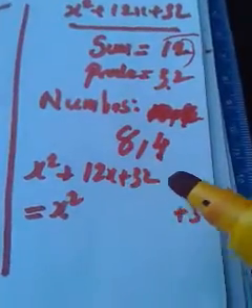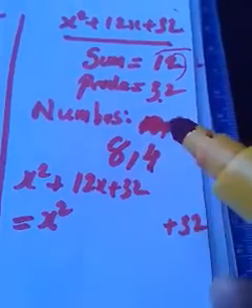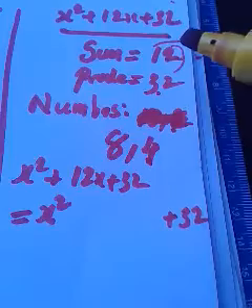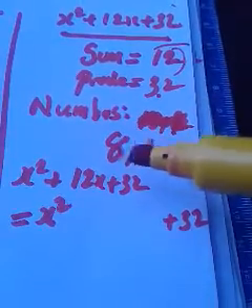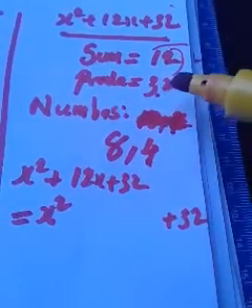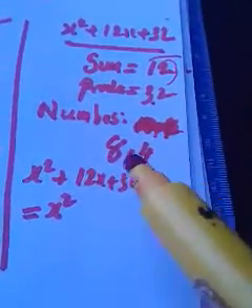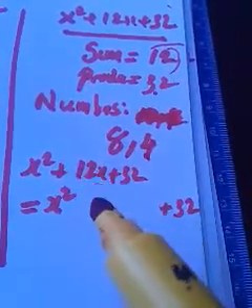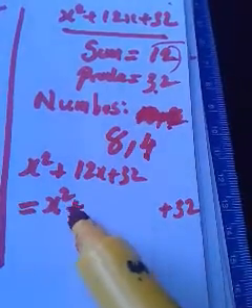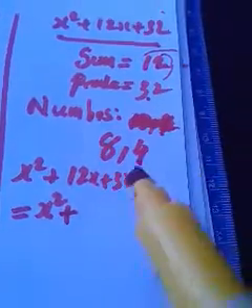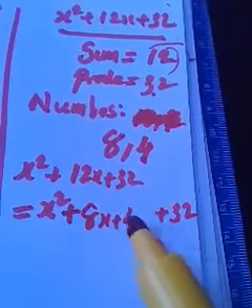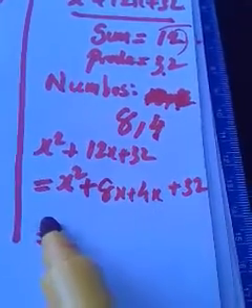So we have two numbers, 8 and 4, and you may have understood how these numbers came. Because while adding 8 and 4 we were getting the sum as 12, and while multiplying 8 and 4 we are getting the product as 32. So these are the numbers which we need. So by using these numbers I am going to split the middle term. So 12x, how can you split? By using these two numbers, can I write 12x as 8x plus 4x? Okay. Now just see.